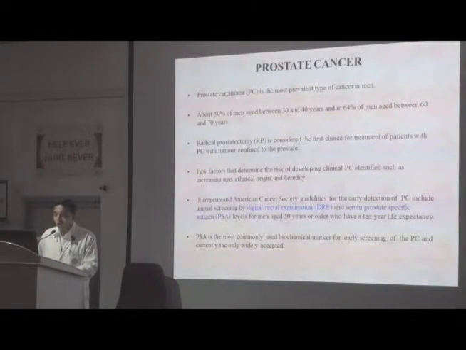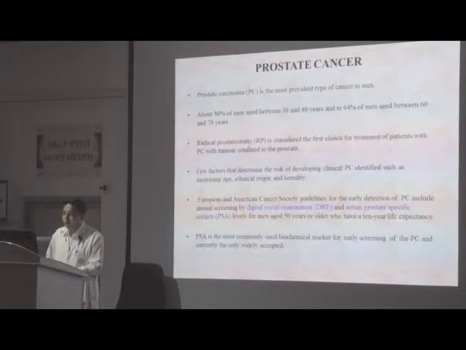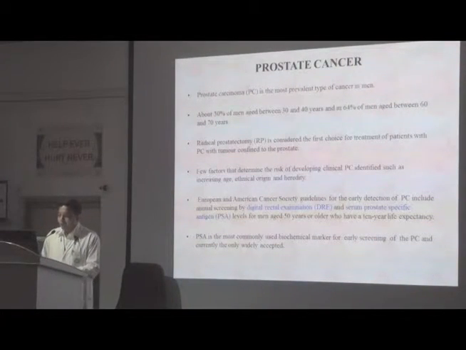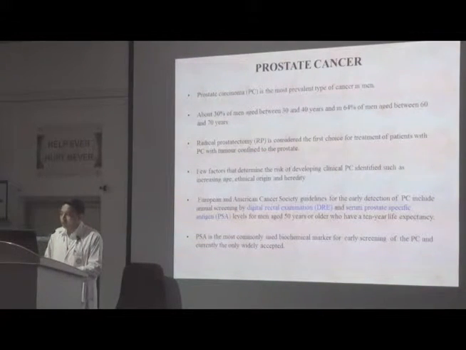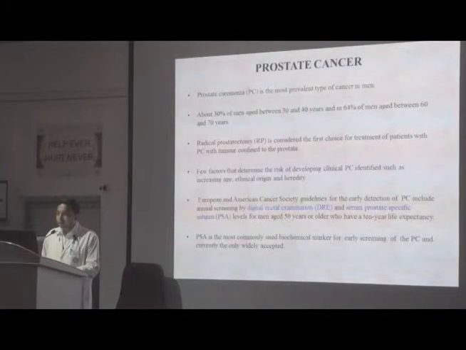What is prostate cancer? Prostate carcinoma is the most prevalent type of cancer in men. It affects about 30% of men aged 30 to 40 years and 64% of men aged 60 to 70 years. Radical prostatectomy is considered the first choice of treatment for patients with prostate cancer. Two factors that determine the risk of prostate cancer are increasing age,